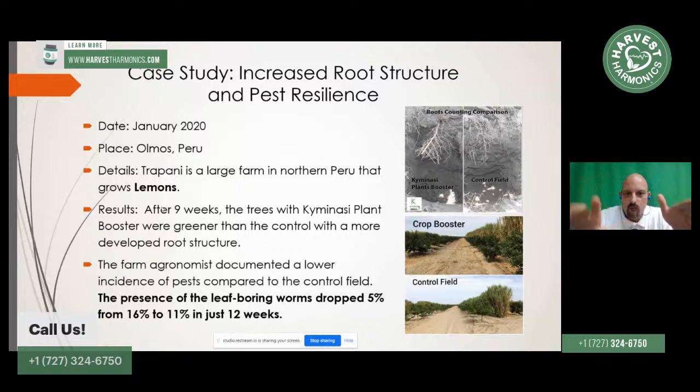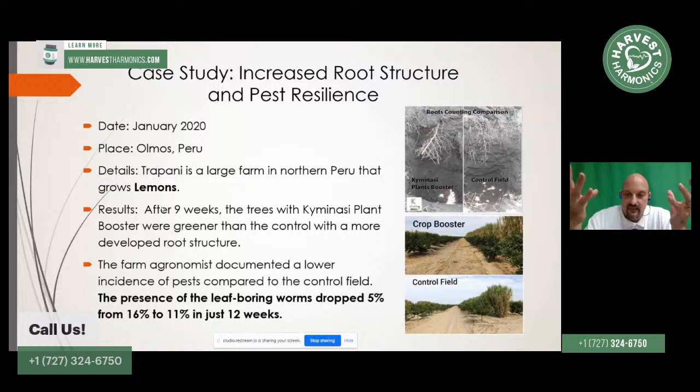He couldn't figure out why the trees look so much greener and healthier. And you can see here in the middle picture, the crop booster or Kimonosis plant booster trees. You just look closely. It's hard to see. I wish I had a bigger picture, but you see how deep green the leaves are and how healthy those plants look. And that was kind of a surprise to him because he didn't add a lot of extra nitrogen or other chemicals, which would indicate a reason for them being so much greener. They were all watered the same way. They were all given the same nutrition, and yet the Kimonosis plant booster has a much deeper green,